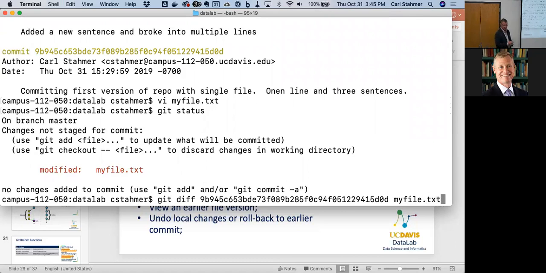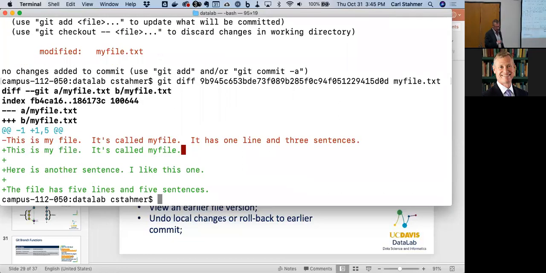Okay? This is going to automatically compare the working version, the current version, with the version in that commit. Does everyone understand what's going on? When I run that, I get this result, which I'll help you learn to decode. Okay? What this is telling me is that the first file